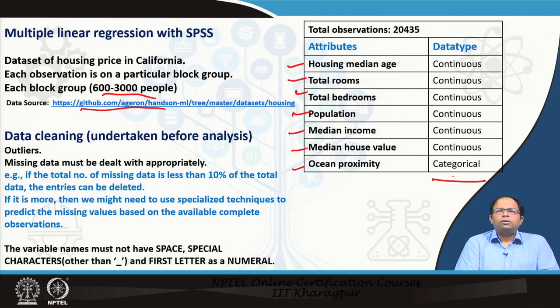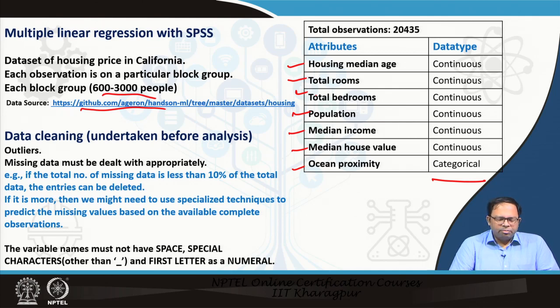So, first what we need to do is to clean the data. That means, even before we start the regression analysis, we need to check for outliers, and if there are a lot of outliers, we need to clean the data. And not only that, we also need to deal with the missing data. That means, whenever surveys happen, some people may not fill the entire survey, or some of the variables or attributes would be empty. So, there are different ways we can take care of that.